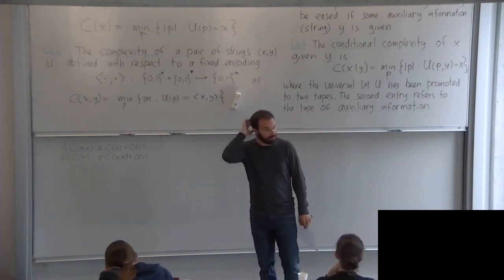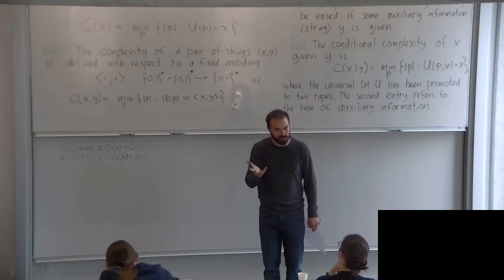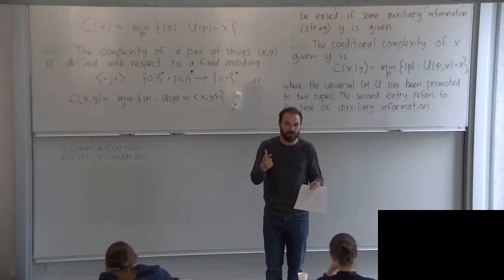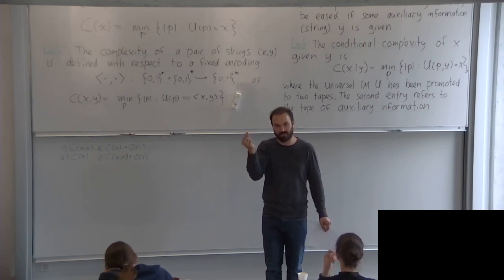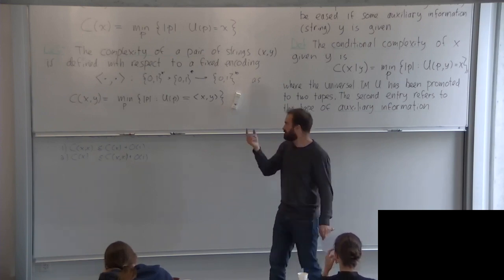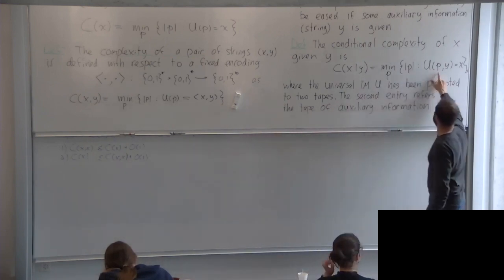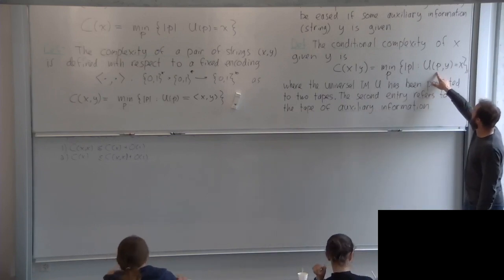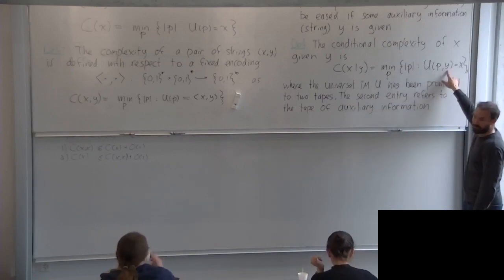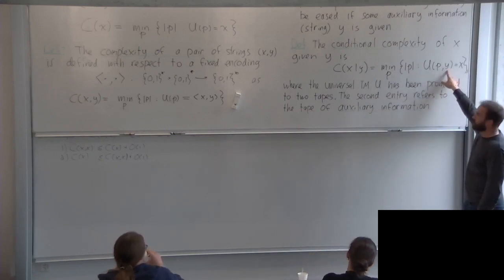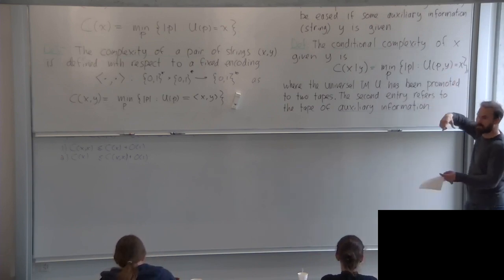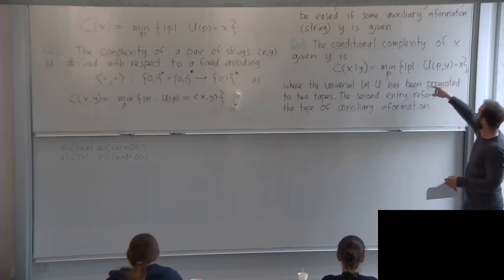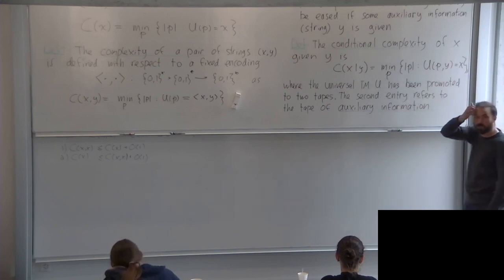But now, as Lorenzo remarked, the rules are changing because now it has 2 heads. So the transition rules depend on what I'm reading from my first head, the program head, what I'm reading from my auxiliary information head, and what my internal state is. And then I'm moving either that head to the left or that head to the left. It changes the rules, but